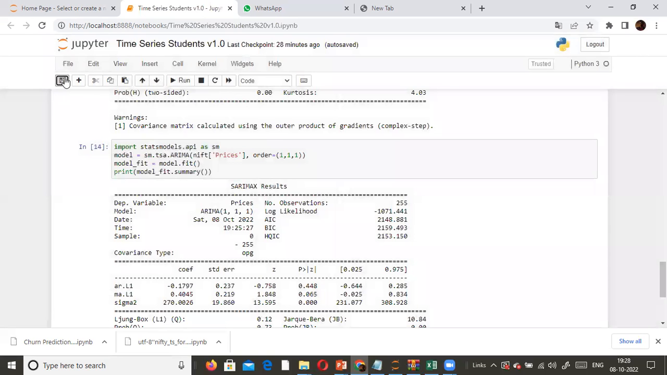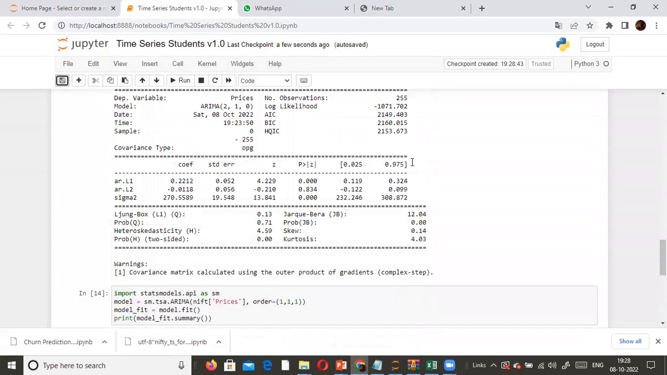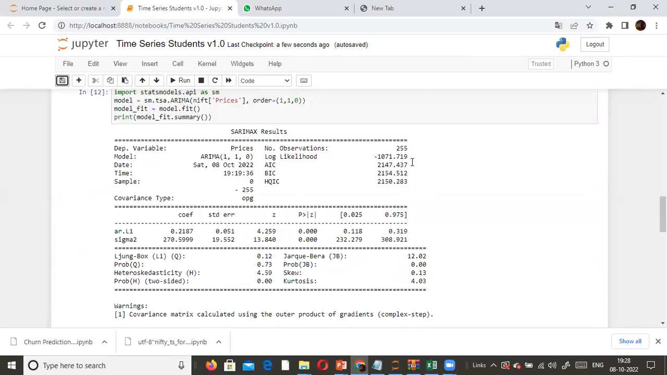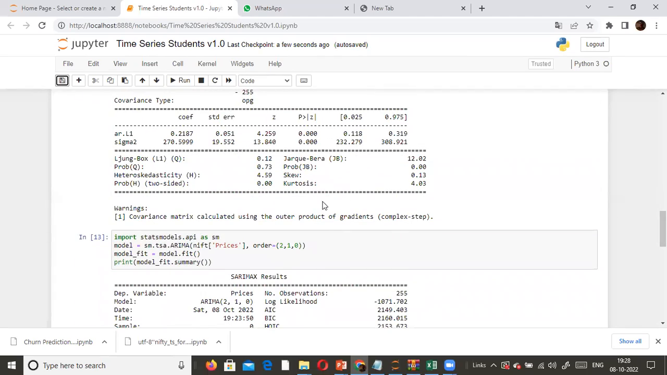So with this, you are able to understand how we can do forecasting, how we can fit the model, how we can interpret the model output. Now with this, you are able to understand. Fine. The next one is